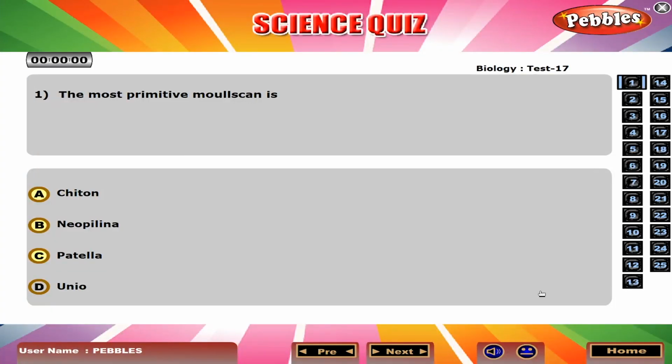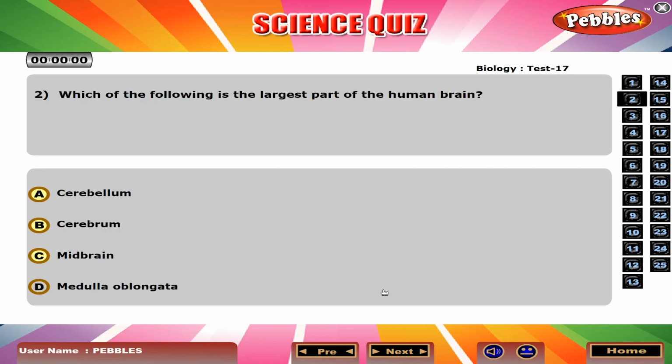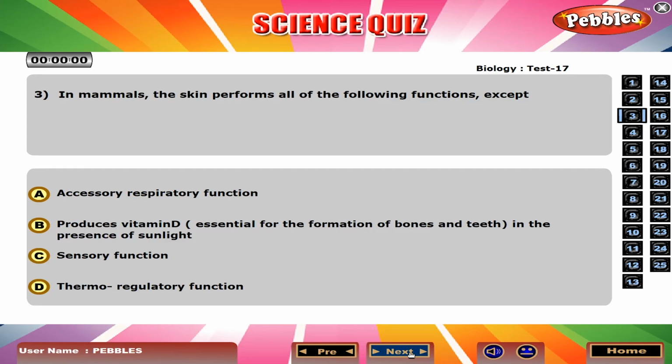The most primitive molluscan is A. Chiton. Which of the following is the largest part of the human brain? B. Cerebrum. In mammals, the skin performs all of the following functions except